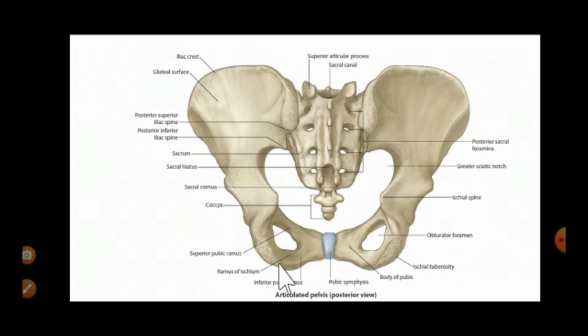and the ischial tuberosity. Now, if we look at the sacrum here, there are a few bony points that we need to know. In the midline, we have this crest formed by the spinous processes of the sacral vertebrae. This is called the median sacral crest. Lateral to that, we can see another crest here, which is the intermediate sacral crest. And lateral to the sacral foramina, we have another crest here, that is the lateral sacral crest. The lateral sacral crest is the one which we are interested in.